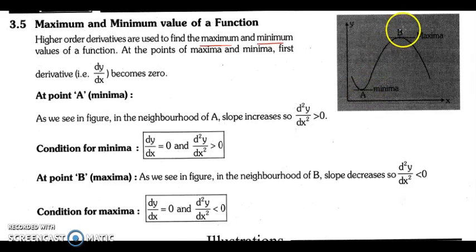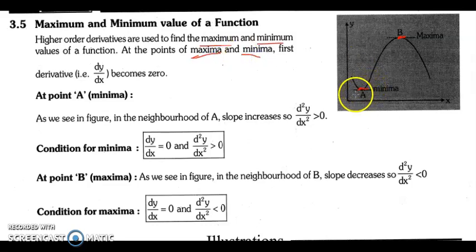As you can see in the example, this is the curve. This is the maximum value of the curve and this is the minimum value of the curve. Yesterday I told you about the derivative, that dy by dx denotes the change in y with respect to change in x. Means if the quantity x is changing, how is y responding to that change? In the same way, let us try to calculate what these points of maxima and minima will be.